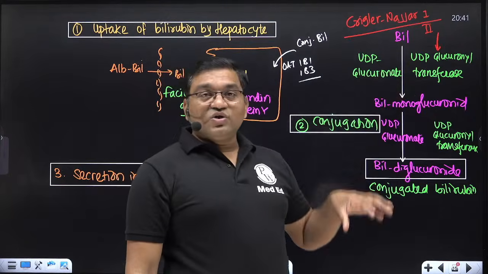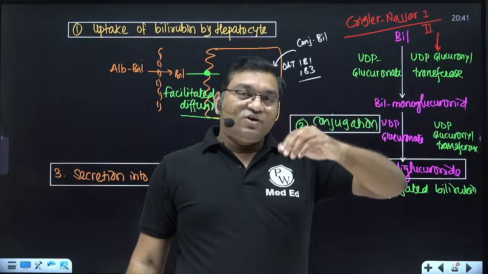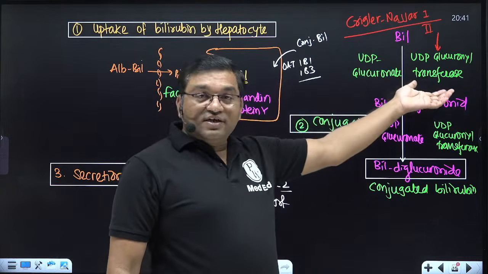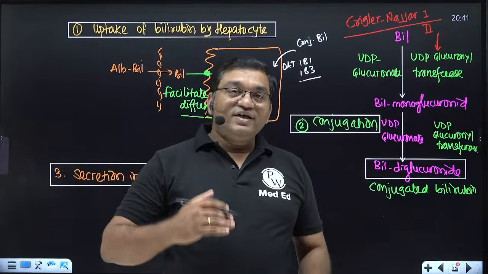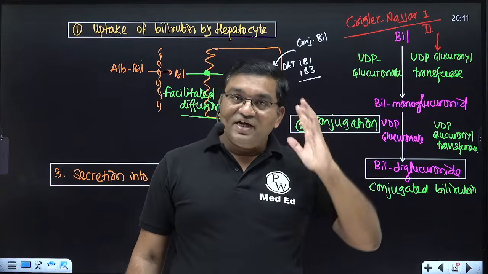So in this disorder, particularly in type 1, bilirubin can go beyond 20 milligram per deciliter, and this is toxic. It causes kernicterus. It crosses the blood brain barrier, enters the brain, and this unconjugated bilirubin